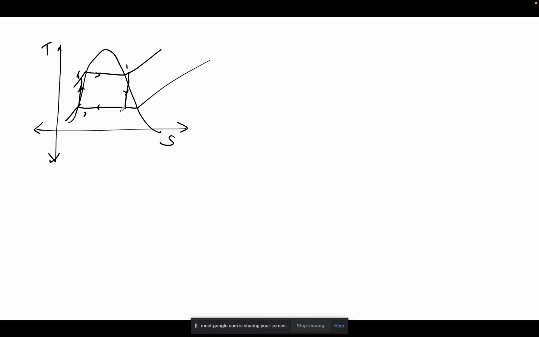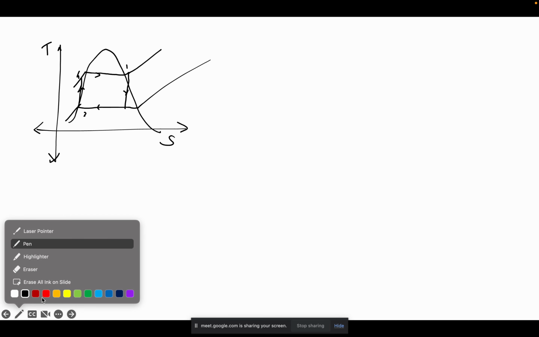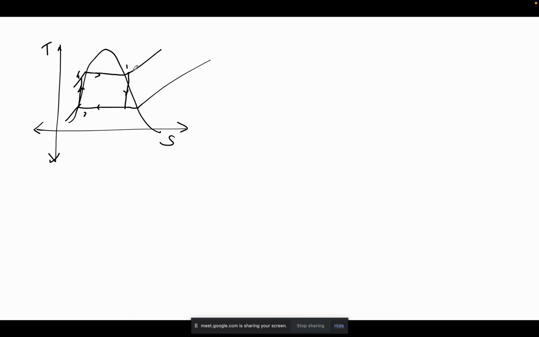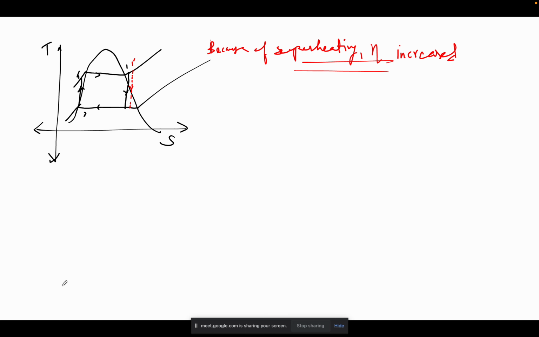Fine, it was undergoing this process. Now by some means we have not done the heating till there, we have done a superheating process, that is, it went to the other way. Okay, and the rest of the processes will be the same. This will be 3, this will be 4. So this is what superheating is. Because of superheating, efficiency increased. Fine. Okay,